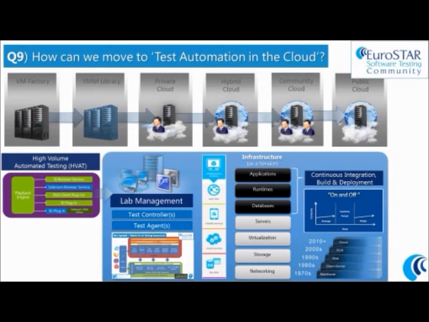as far as that. But once you've got the infrastructure as a service and it's in the cloud, and you've got lab management, you've got all your test agents and your test controllers, you can start looking at generating some high-volume automation. So you can start sending it tests to go and run. And that means you can then scale that up depending on how many instances you've got spun up, and